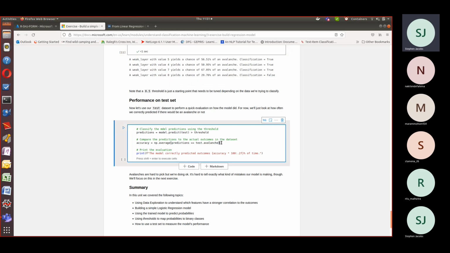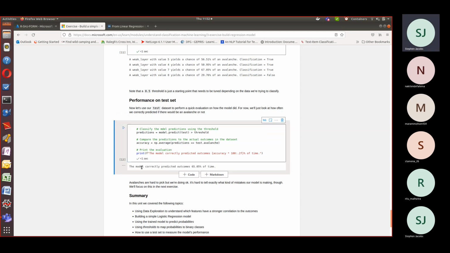So basically, it's simply saying what is the average number of predictions equal to the test avalanche. It works out that we've got 4 samples and then calculates the average correct predictions against the test. And we end up with the model accurately predicting outcomes 65% of the time,